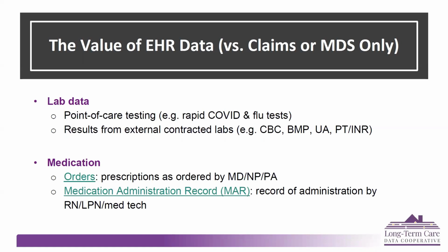Not all of the facilities in the data cooperative, but a good number of them, do have integrated electronic lab data, which means that they partner with an outside lab that produces results directly back into the nursing home's EHR system, and then the data are available as structured fields. So for example, if you wanted to track a creatinine over time, to monitor somebody's renal function, or look at some sort of a treatment or exposure on renal function over time,